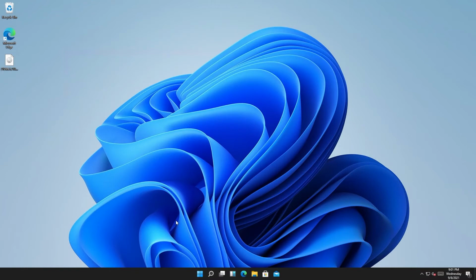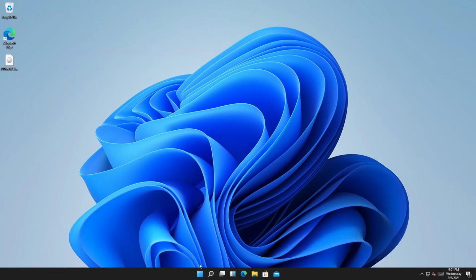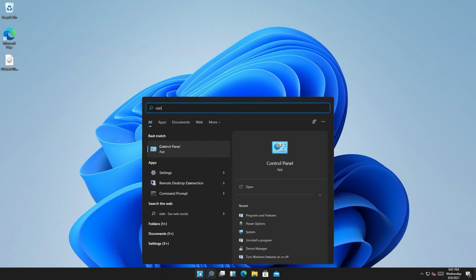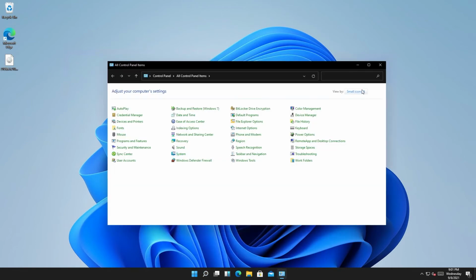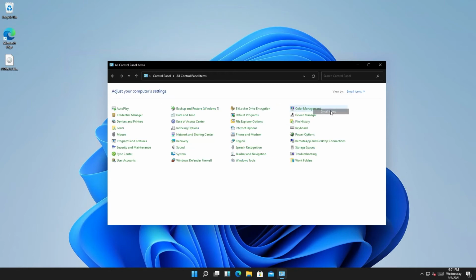So next thing we need to do, we need to choose high performance power plan. And this one I'm gonna show you on Windows 11, but it's gonna be same thing on Windows 10. So if you press on Start and then type Control Panel and open Control Panel app, this window is gonna appear. Most likely your icon is gonna look like that. We'll press on Category and then either change it to large or small icons, and then press on Power options